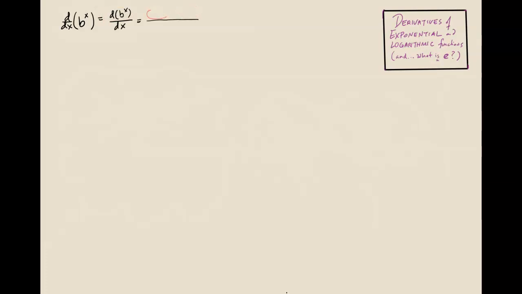This will become the output of the function after the change minus the output of the function before the change. Well, after the change in input, when the input becomes x plus dx, the function's value will be b to the x plus dx. And from that, we have to subtract the value before the change, which is, of course, just b to the x. And the dx, of course, just comes along for the ride for now. Well, it's not clear what, if anything, I can do with this expression. But after a good long while staring at this thing, it might occur to you that I could break this up into two pieces, like this, just using properties of exponents,